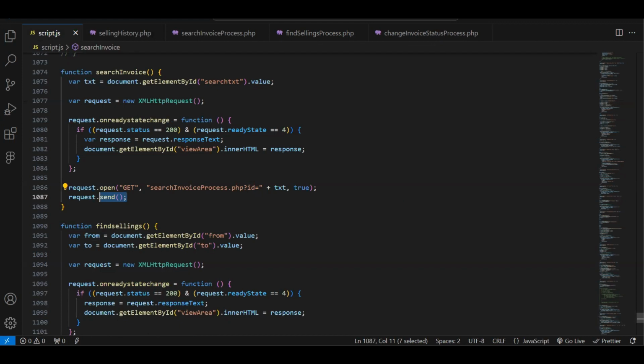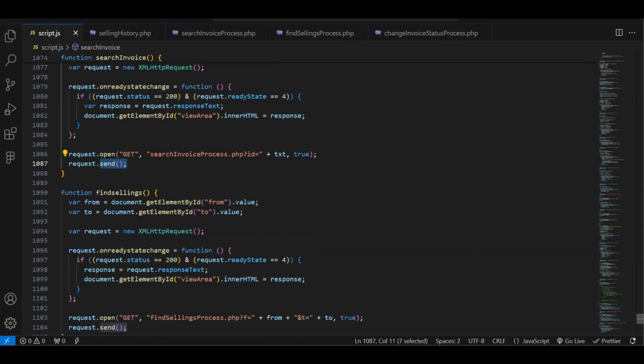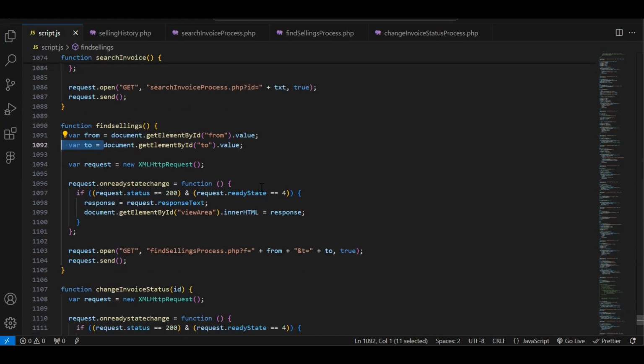Here is the relevant function, and I have obtained the element with the ID from, or the value. I have obtained the relevant value and stored it in a variable called from here, and here too I have obtained the value of the element with the ID to and stored it in a variable called to. And after that I have created a new XMLHttpRequest and stored it in a variable called request here, and I have called an anonymous function on each change in the state of this request, and I have checked